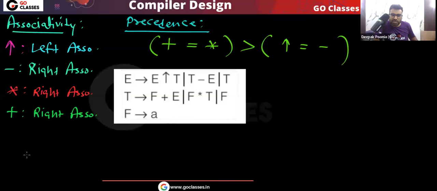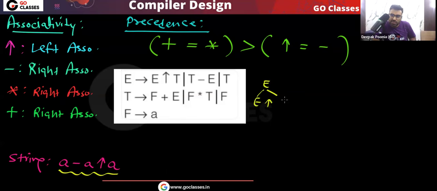Here you can take this string: a minus a arrow a. For this you will get two parse trees. Let me show you the two parse trees. One parse tree will be like this: E can go to E arrow T,